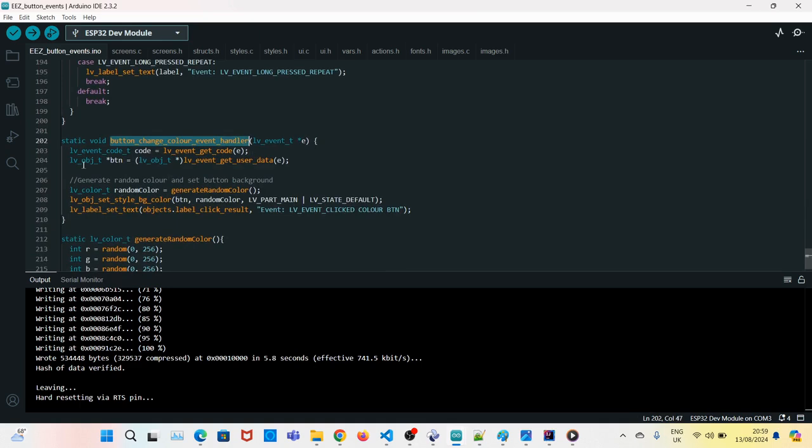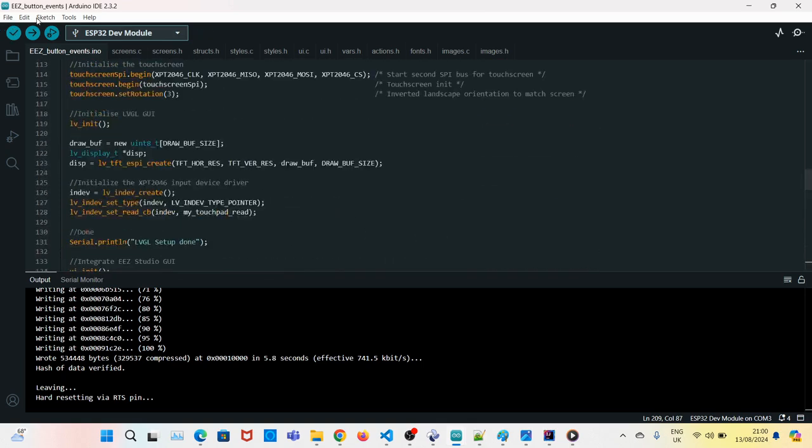Here, all I'm doing is I've got the button that was passed into the event handler, generated a random color, and then set the background color of the button and updated the label to show that we are changing the color. And then if you then upload,